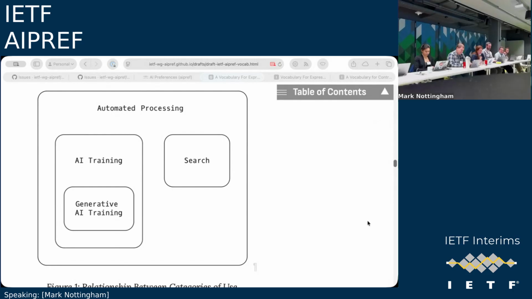Maybe it's just that we're toward the end of a long day of active brain work, but I'm not really understanding why the open model case is different than any other case. When you start training a model, you select the set of content, and that conditions what you can use the model for. So if you have included content that is opted out of generative AI training, then downstream of that, the model should not be generating things.